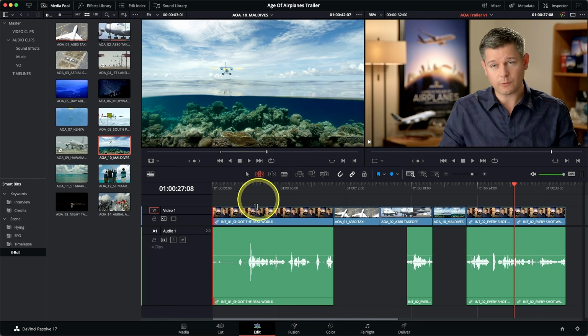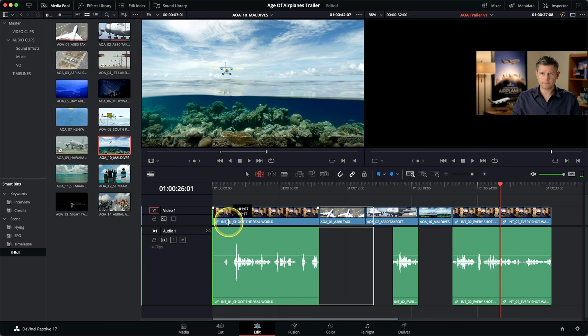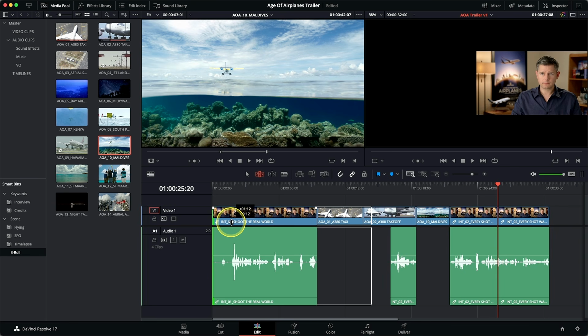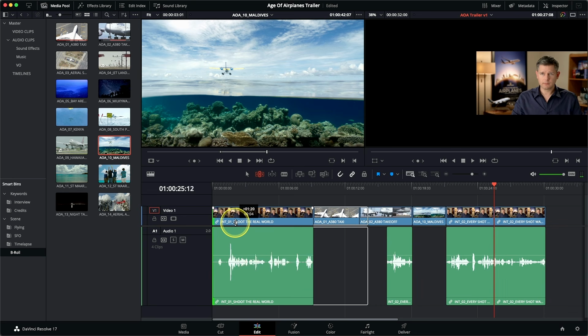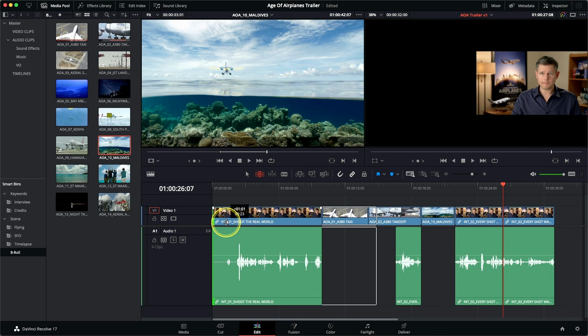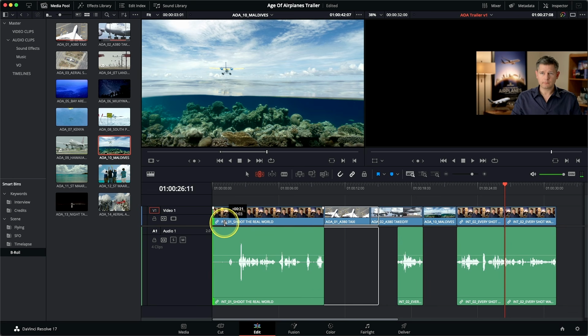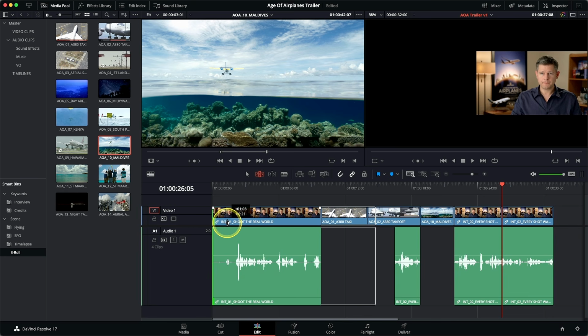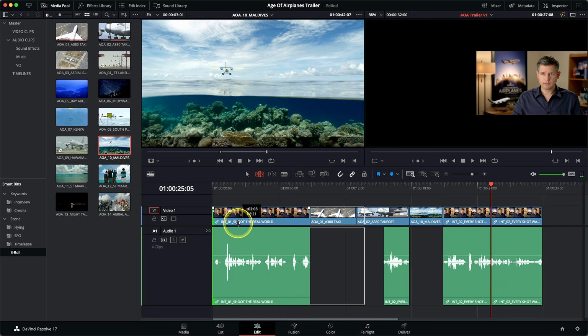And now when I go back into the timeline, I can click the same edit point and start to trim just by dragging the mouse to the right. As I do so, you can see that the rest of the timeline is changing. I'm rippling the rest of the timeline back, thereby shortening it by the amount that I'm trimming off the beginning of that clip. You can also see I can go the other way as well. I can actually add footage back to that clip if I need to. If I keep going,